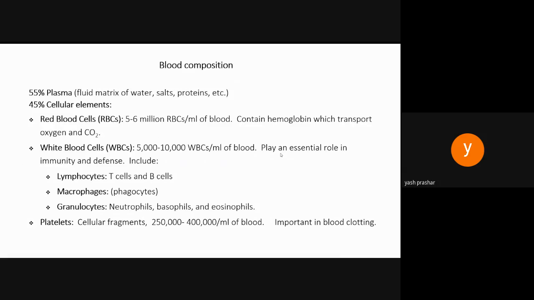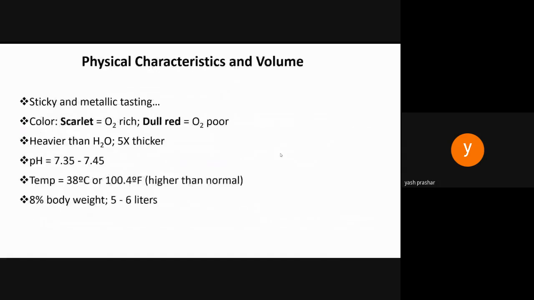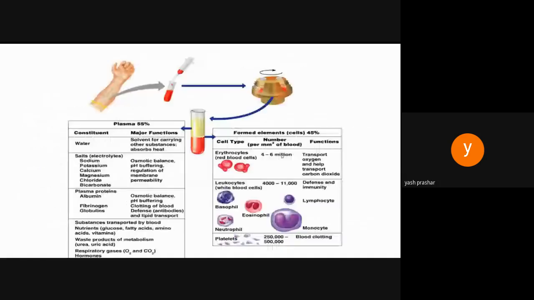After that, we see that all the formed elements, being heavier than the plasma, get clustered at one end, in which RBCs are the maximum in number. WBCs and platelets are very few, and they form a thin buffy coat. The pale yellow fluid is called the plasma. At the 45 ml mark, or 45% level, it is taken by the RBCs, hence normal hematocrit is always 45%, and the thin buffy coat is WBCs and platelets, and finally the remaining is plasma.